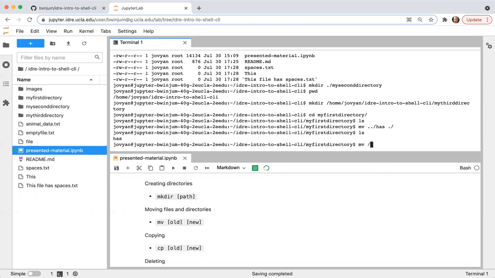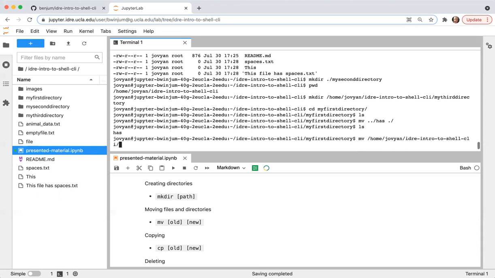I could also have used the absolute path for any of these, for moving them. Say I wanted to move the file called this into the current directory. So the current directory is my first directory. This thing here is the absolute path for the file this.